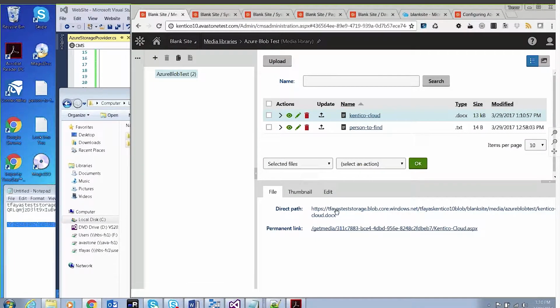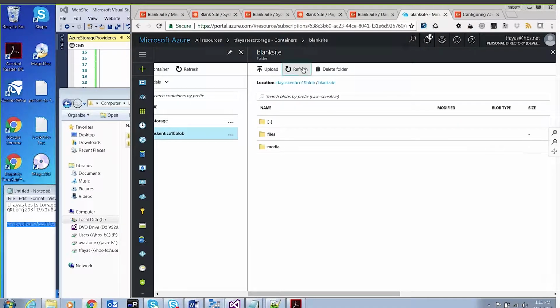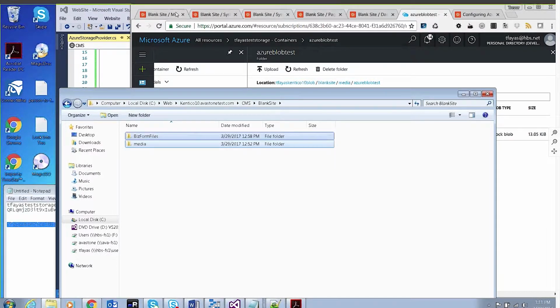And you see the direct path now has this full link to Azure Blob Storage. And of course I can do the permanent link that would allow me to do a local one. And if I take a look at my actual Blob Storage, if I refresh, now you see Media, Azure Blob Test, and there's my new folder. The same thing with the forms. So if I go to my forms,